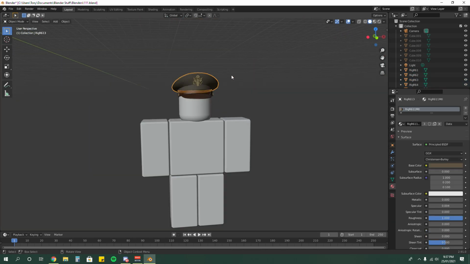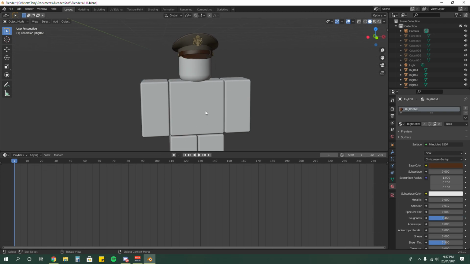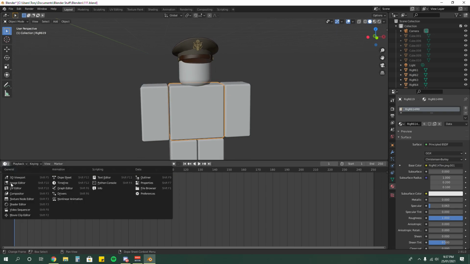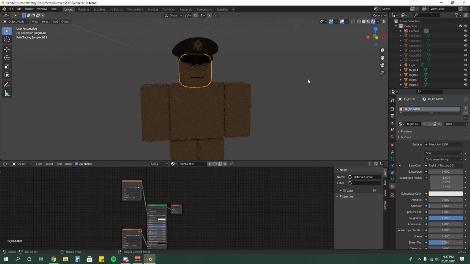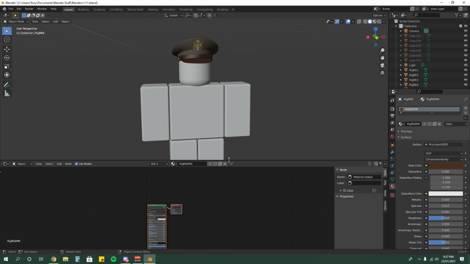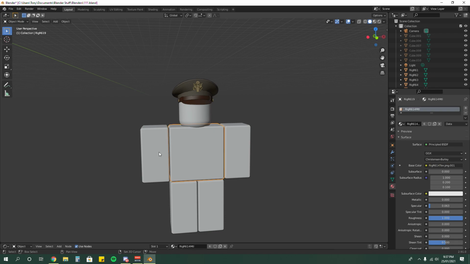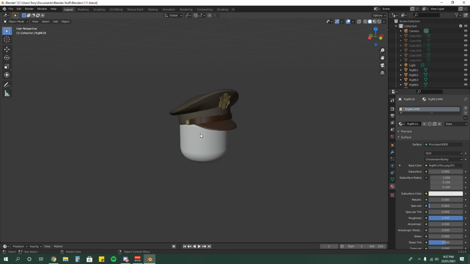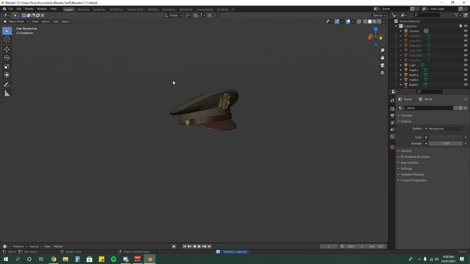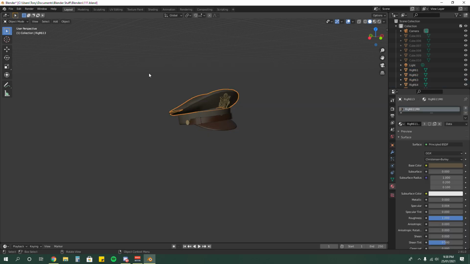Okay, once you got a cap, you want to make sure it's all nice and neat. So what I like to do is actually go to shader editor, make sure it's not invisible, because if you go to render port, sometimes it can be invisible for some reason. But it looks like it's fine. This is optional. You can either keep the head or you can just delete it. So I would delete it actually. So you want to select the whole thing. You want to press Control J.